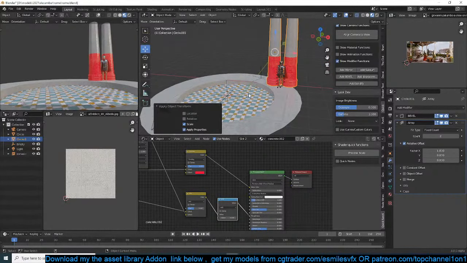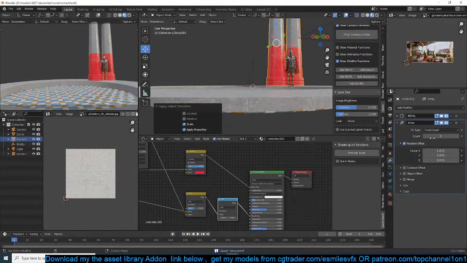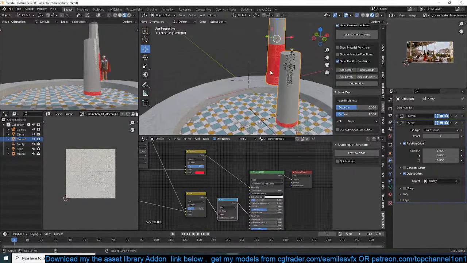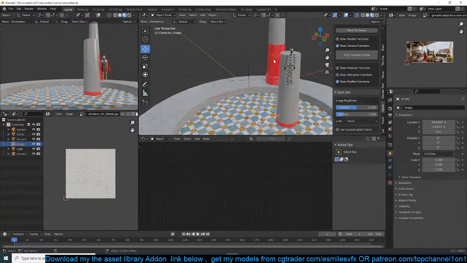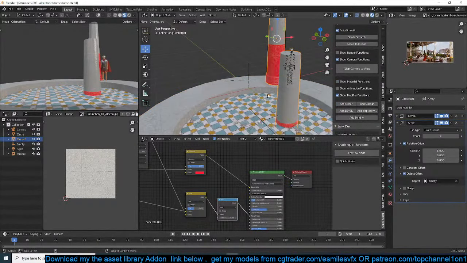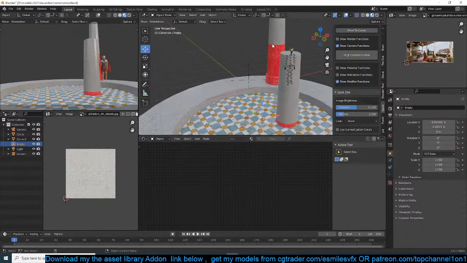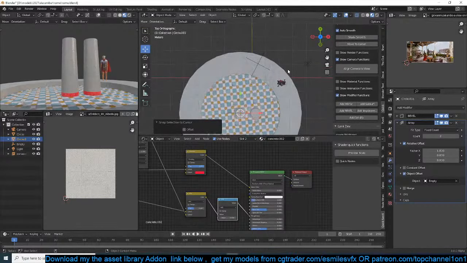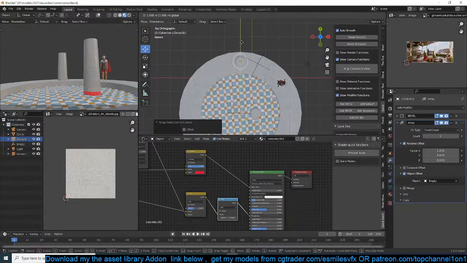I can turn on object offset and select this empty to be our object offset. And one thing I need to do is make sure that the position of this are aligned. The pillar is the same position as the empty. So let me first do that, and then I can push this out,